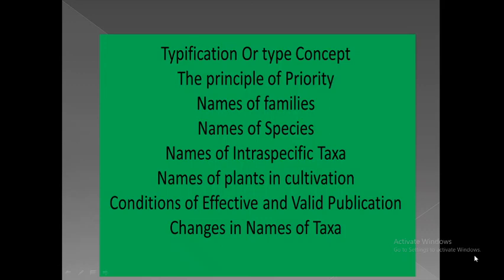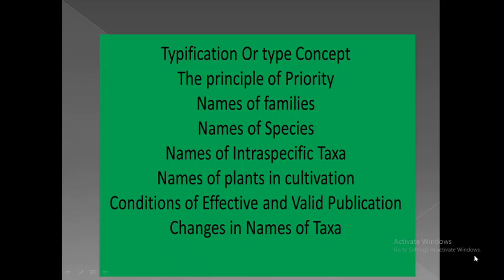Whenever any subdivision of a genus is transferred to another genus without making any change in its rank, its original name is retained. For example,